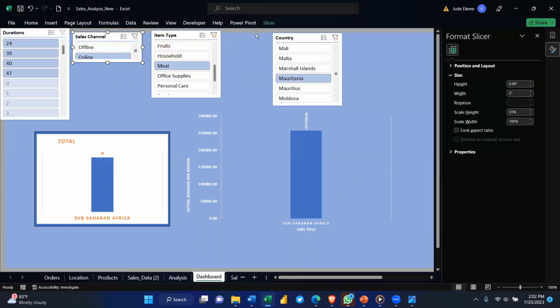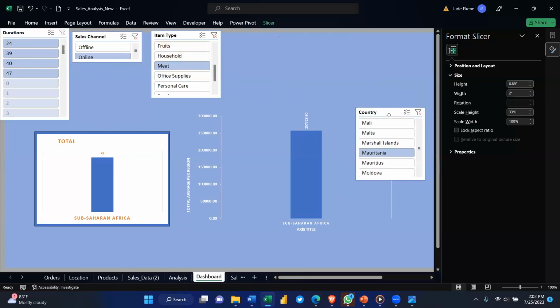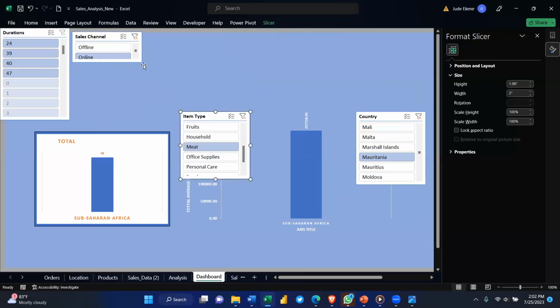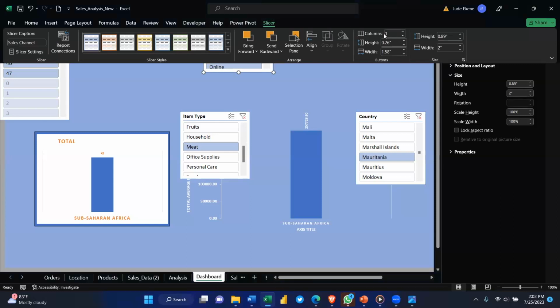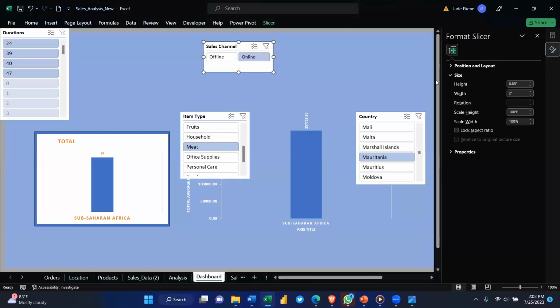Now, another thing, if I don't want to display my slicers in rows, I want to display them in columns. For example, this is just 2. I have offline and online. If I want to display it in columns, I come to slicer, and then under slicer, I have the buttons. I have columns, number of columns. I increase it to 2. When I increase it to 2, it's going to change that place to 2. See, now I have